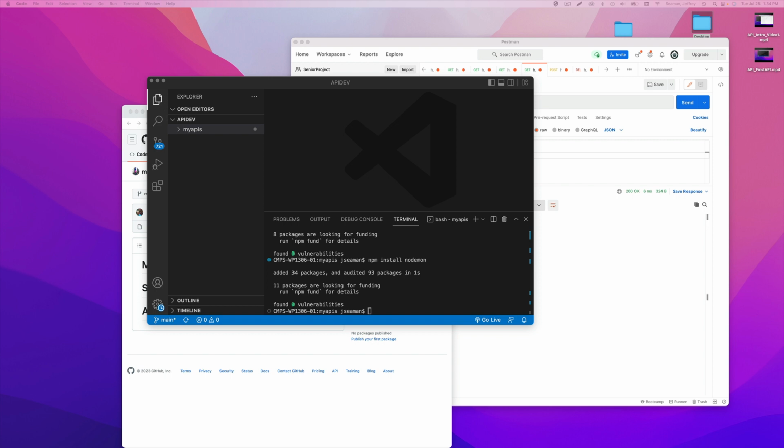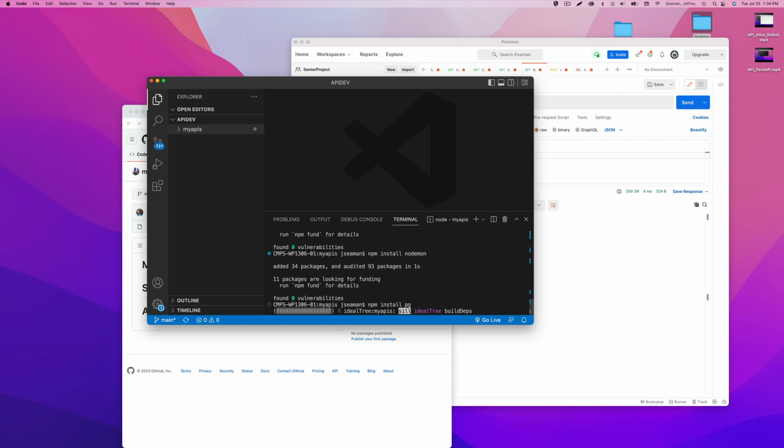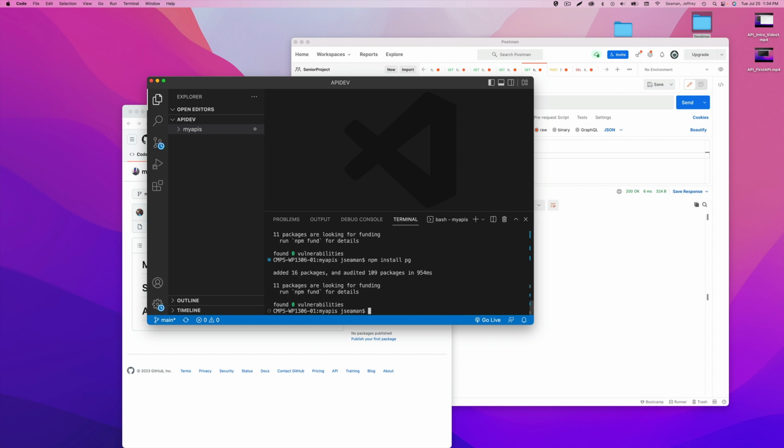What is it? PG, I think it is. PG. So PG is PostgreSQL. So yeah, that's the thing, is we're actually going to use PostgreSQL instead of SQL